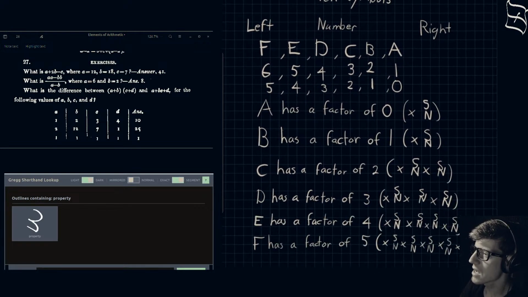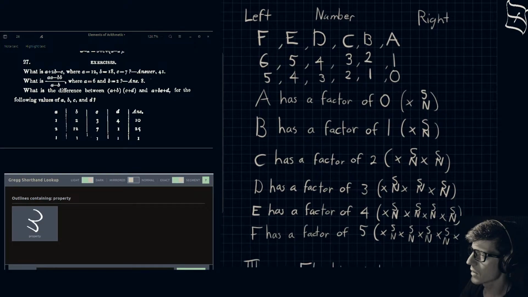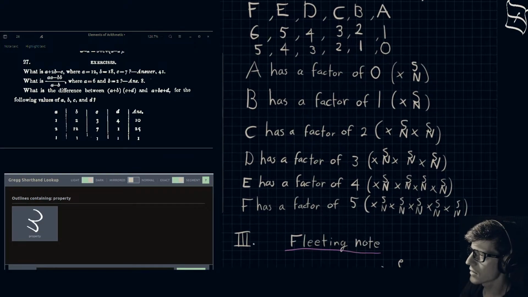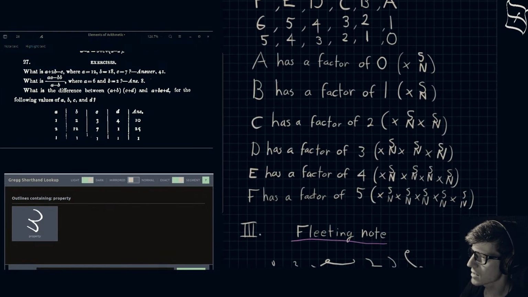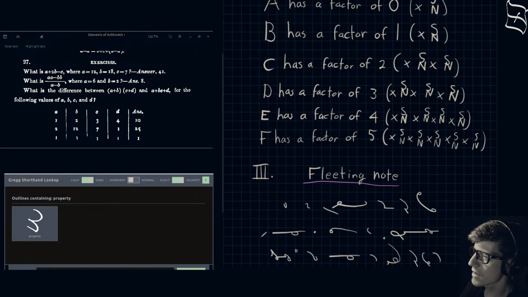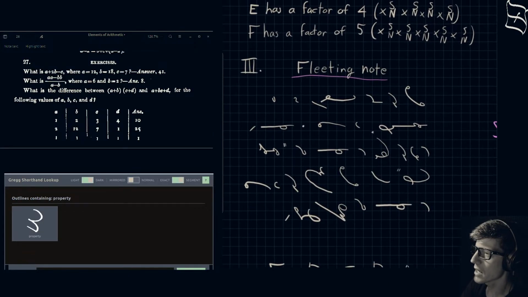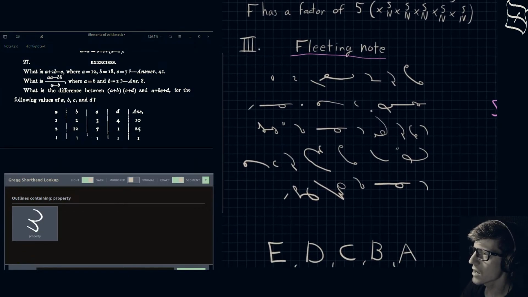And A had a factor of 0, right? B had a factor of 1. C had a factor of 2. It was 2 times the set number. D had a factor of 3. It had 3 times the set number. E had a factor of 4, 4 times the set number. F had a factor of 5 times the set number. Okay? And then the fleeting note here was